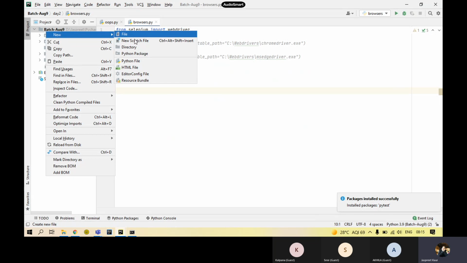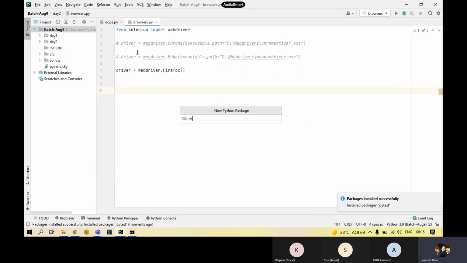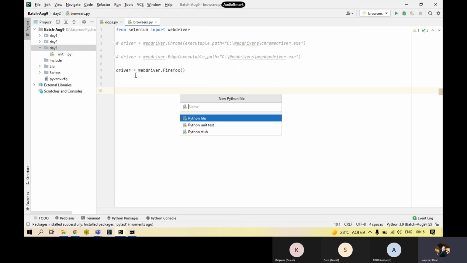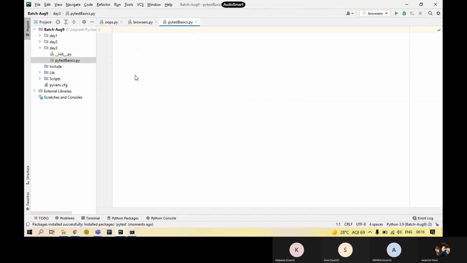Right. Now talking about the conventions that are to be used while making the test case. I'm going to make a new package and a simple Python file. So what are the conventions? There are three conventions, for class and for function as well. For both, there are different conventions.